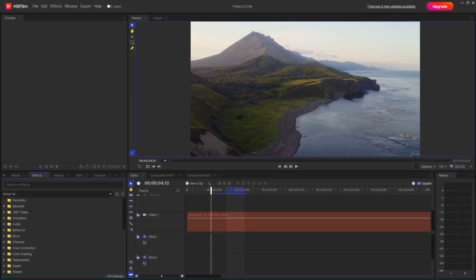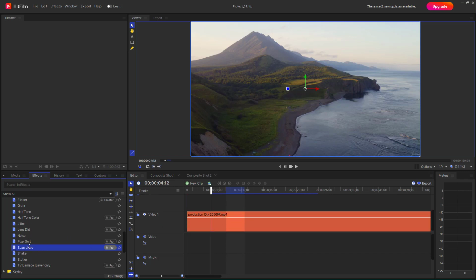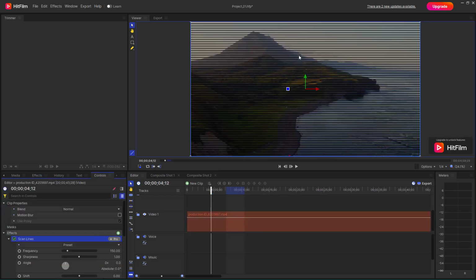So now let's see how we can work with Scanlines and Shake effect inside of HitFilm. Here you can see that I have a clip, and if I go under the effects tab right here, I can scroll down to the Run section, and here you can see that Scanline is an option. If I click and drag the scan line onto this particular clip,